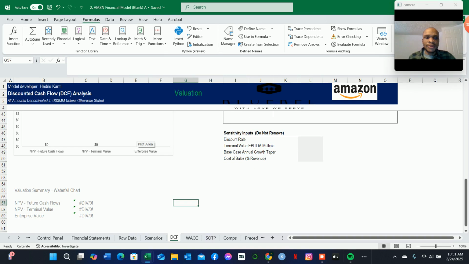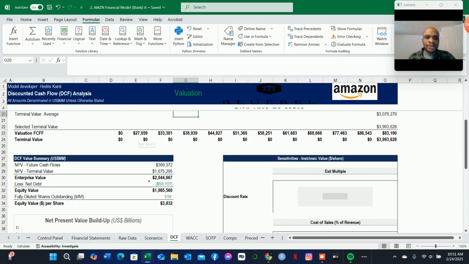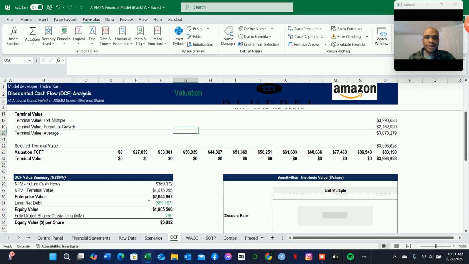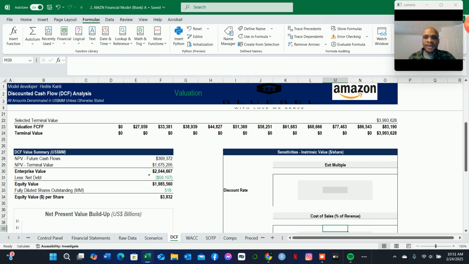So now what we want to do next is sensitize this intrinsic value per share based on different scenarios. In this case, we will consider certain assumptions in our model for the exit multiple, and also we will consider the discount rate, which is the weighted average cost of capital, as it fluctuates. So essentially what we are saying here is, what is the exit